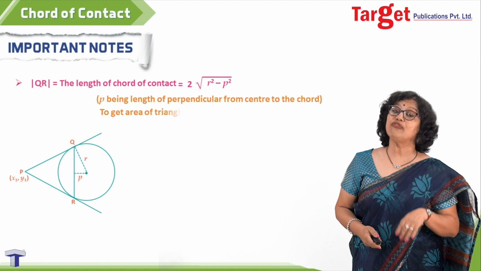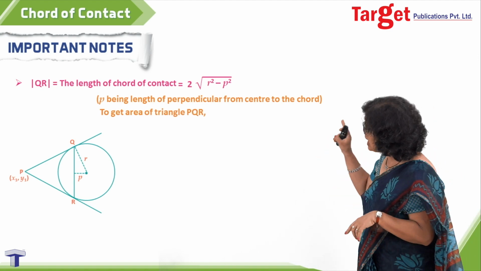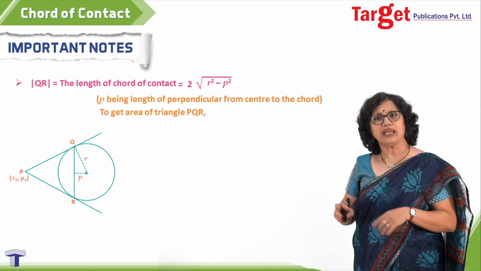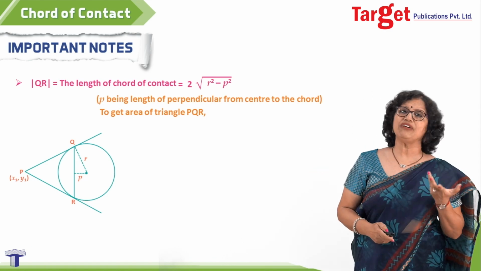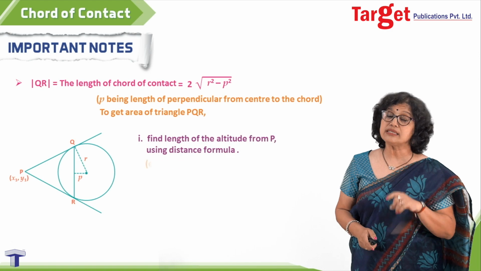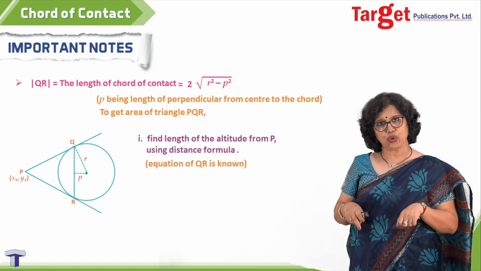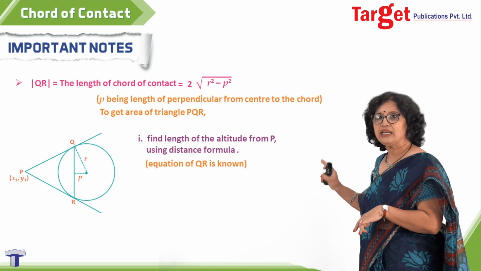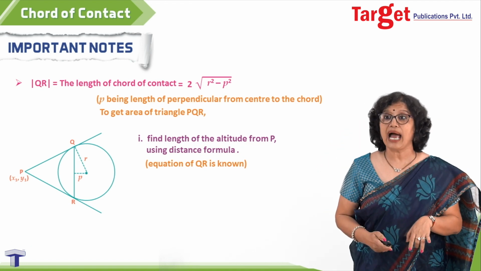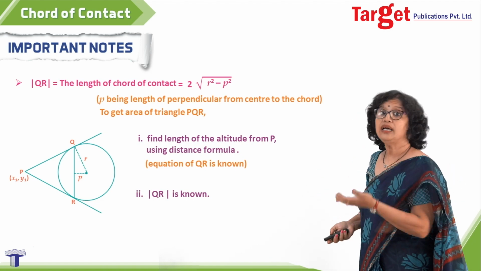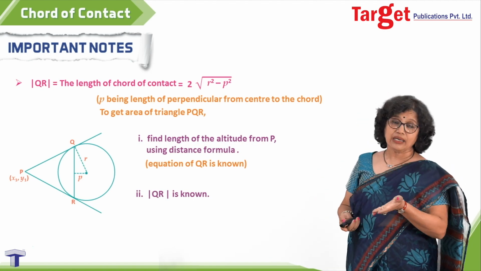Okay. Now, if I proceed further and say that I am interested in getting the area of triangle PQR, even that can be obtained from here. For which, what all things are required? One is the length of the altitude from point P. The equation of QR is known to you, point P is known to you, you can get the altitude part, okay? And base QR, the length of QR is known to you, so you can have the base also,